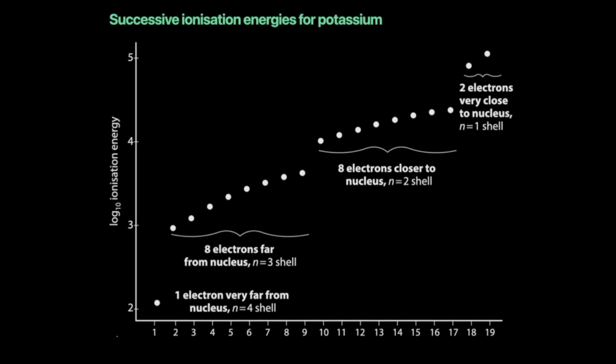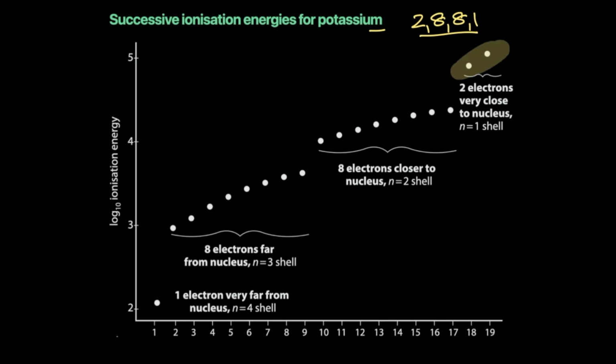If you remember, potassium was 2881. We could not explain it in O levels to you, but at least this is the proof of that. The proof is that look at the ionization energies. The first requires a lot less energy than the second till the ninth. Then the 10th till the 17th require even more. And the 18th and 19th require the most, which tells me that